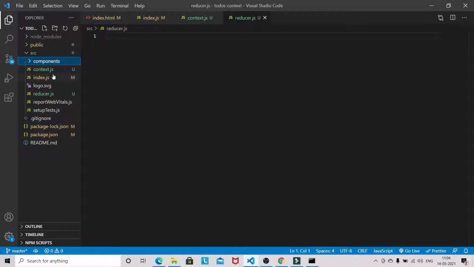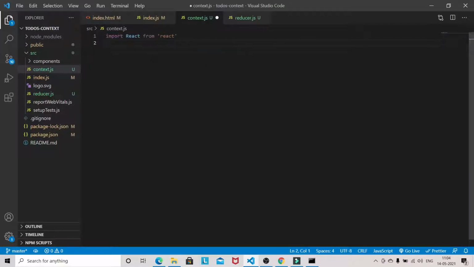Now in context we will define the initial values. Some initial todos we will be providing here.